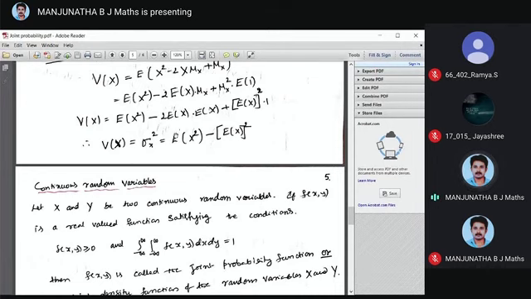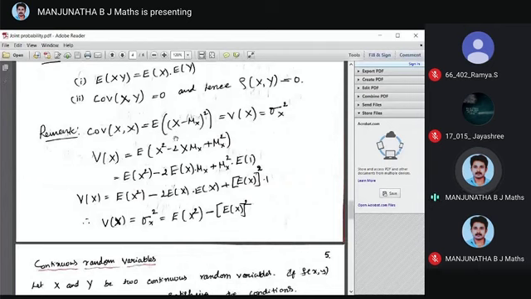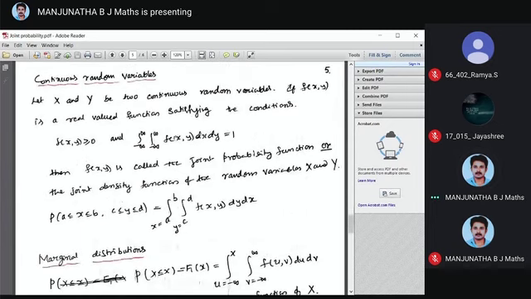So what we have studied so far is for discrete random variables. These are the definitions for a discrete random variable. For a continuous random variable, we use the same type of definition. So when you have one continuous random variable, what is the condition for the PDF? f of x is greater than or equal to 0, and the integral from minus infinity to infinity of f of x dx is equal to 1. Here we take a summation in the discrete case, whereas for continuous we have to study the integral, and with only one random variable we consider only one integral.